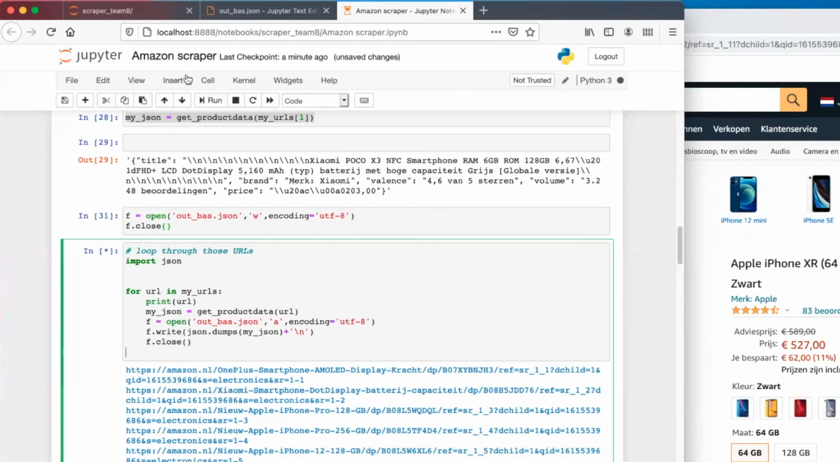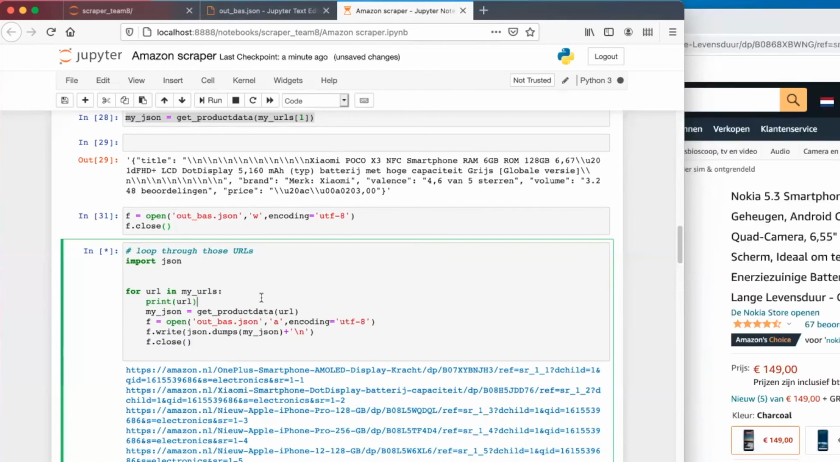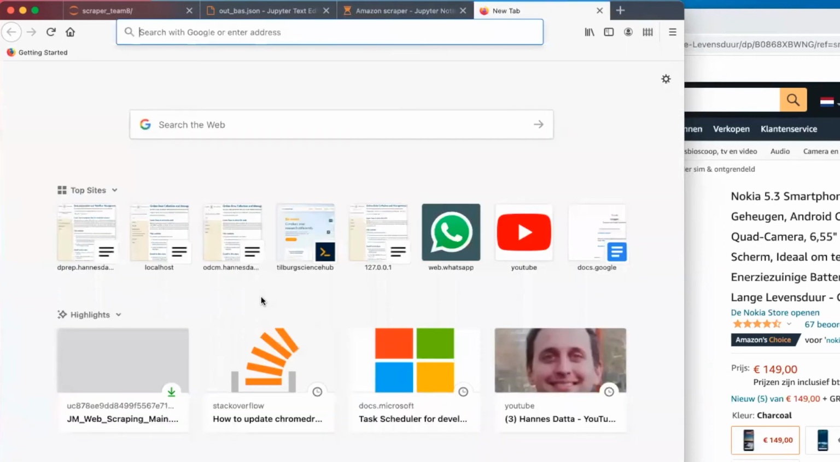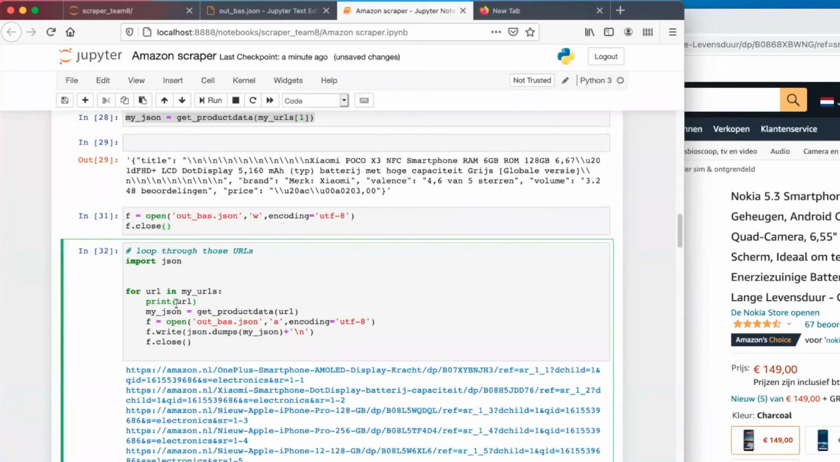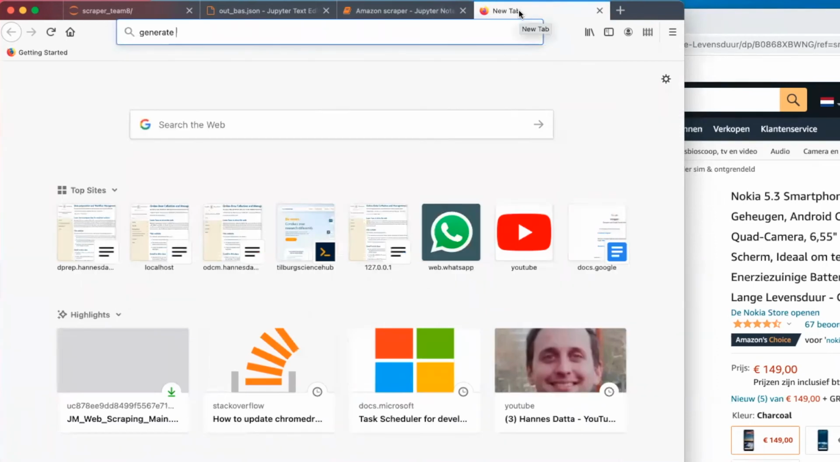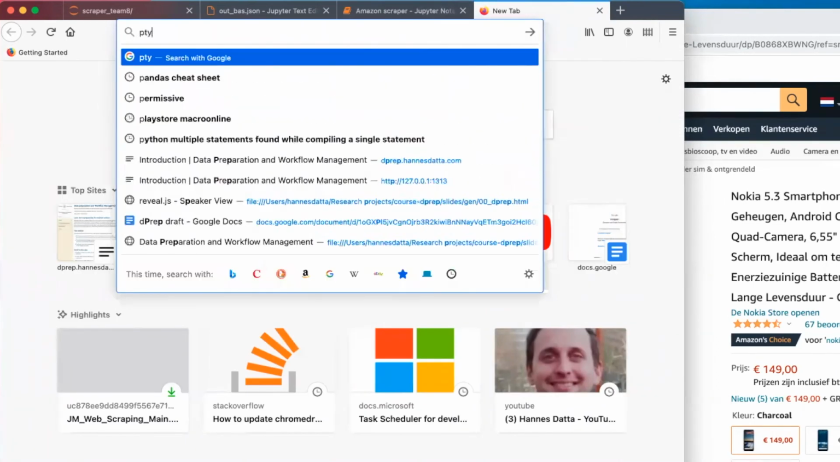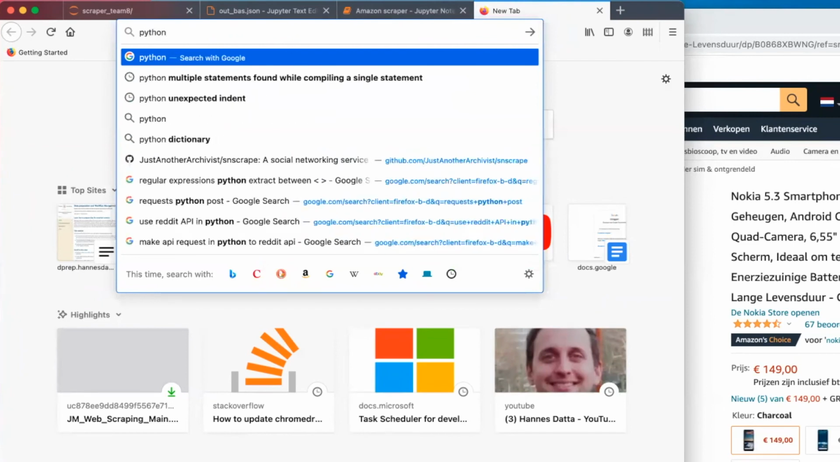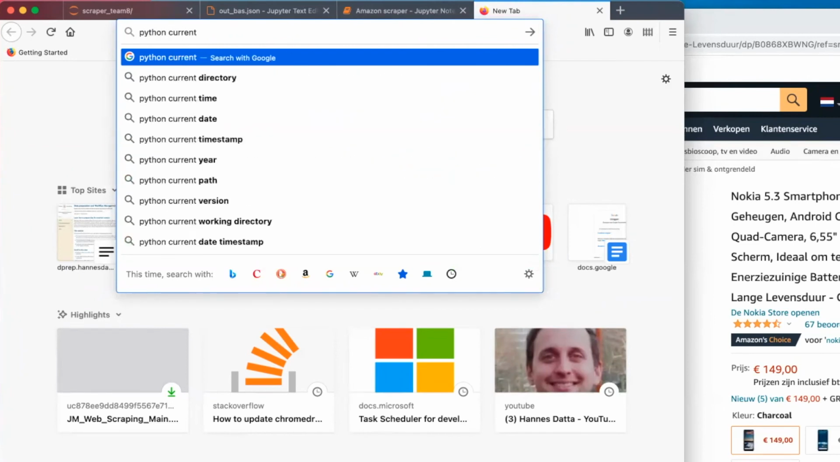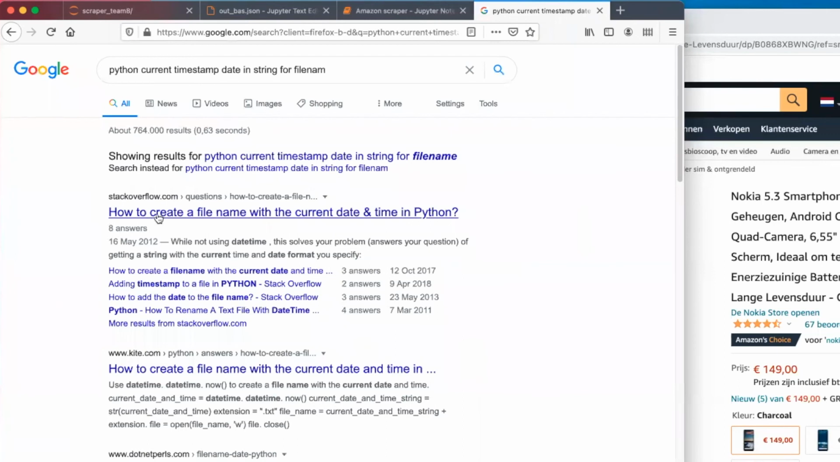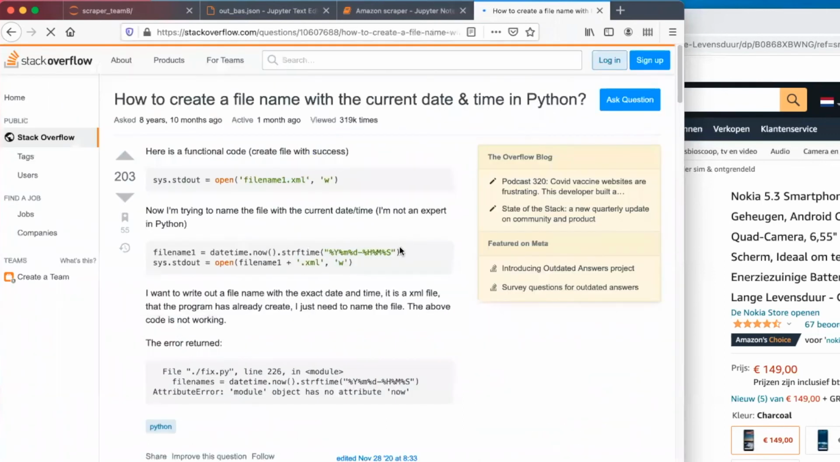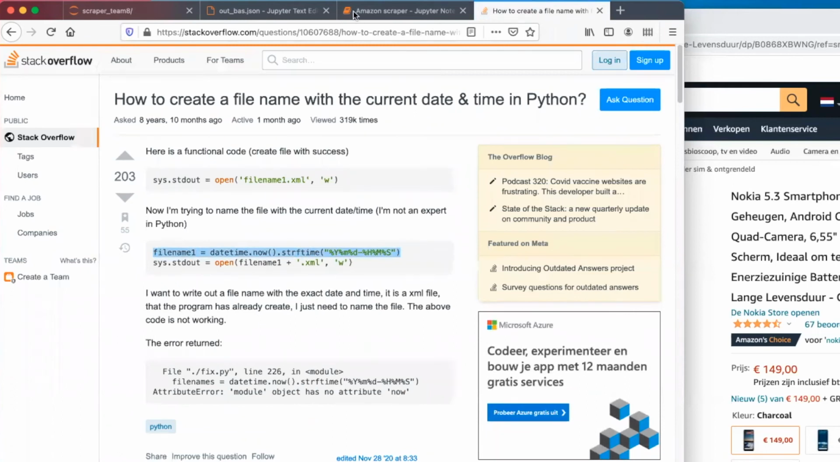Okay. The final note that I want you to take note of is, if you're running this over extended periods of time, you don't want to always write to the same file because the file is going to grow too big. So what you can do is generate a current timestamp date in string for the file name. Okay, this is a weird thing, but maybe it works. Yes, how to create a file name with current string. So that's it. Boom. So we can create a file name